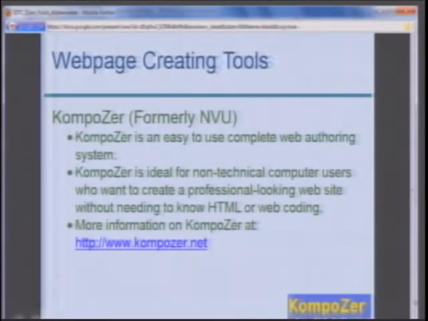Okay, for web pages, there's Composer, which was formerly called NVU. It's a really easy to use, complete web authoring system. It's another free tool. You don't have to know a lot of HTML or web coding. Since I started off in the early days, I understand a lot of that stuff, probably more than people really want to. But it's a way of creating web pages